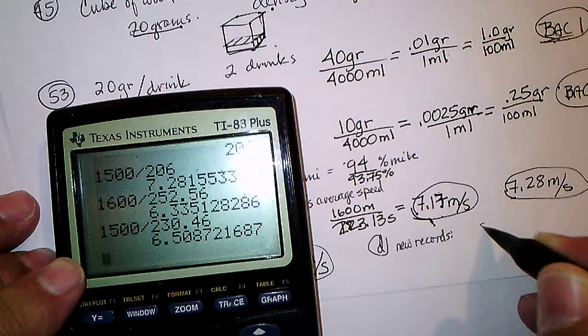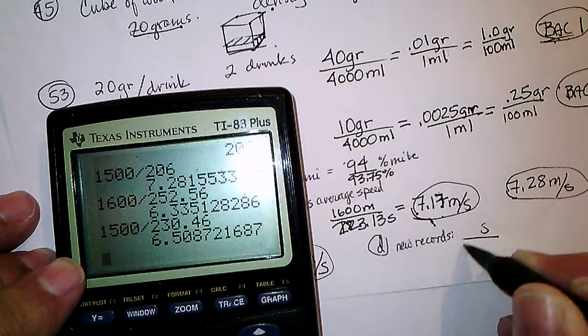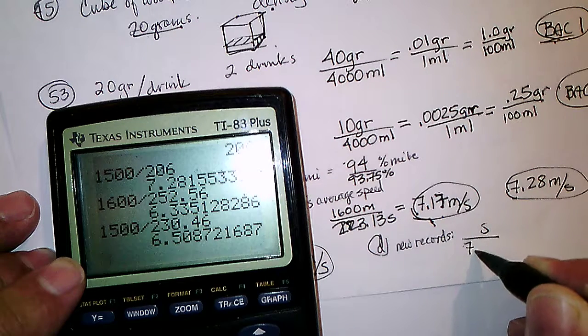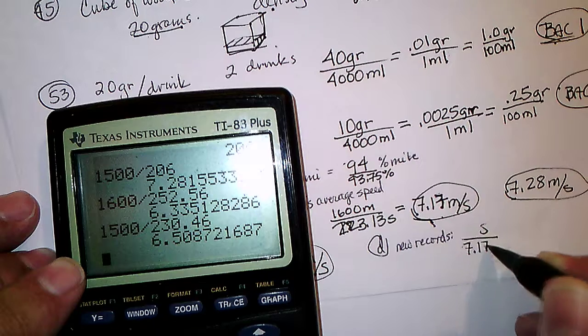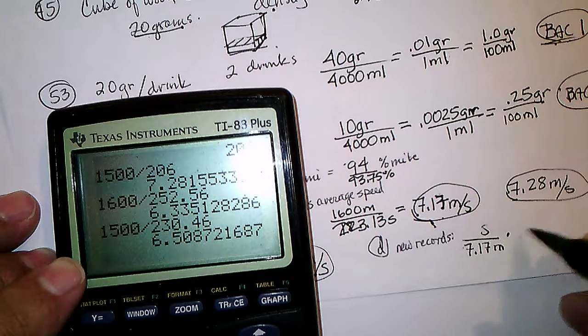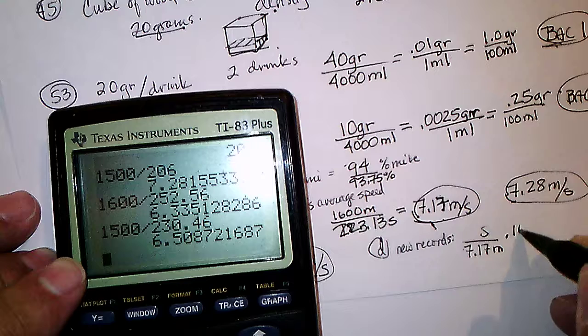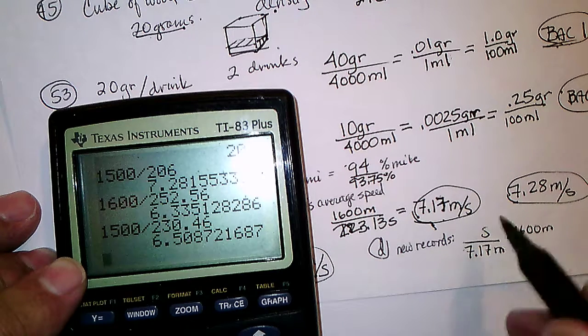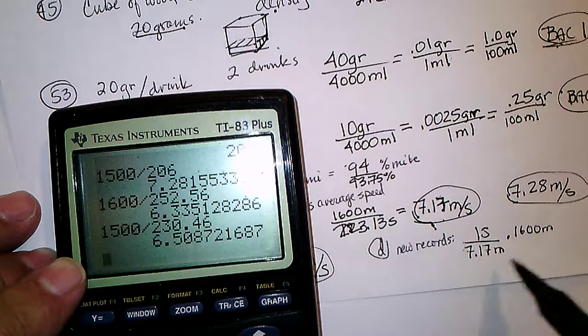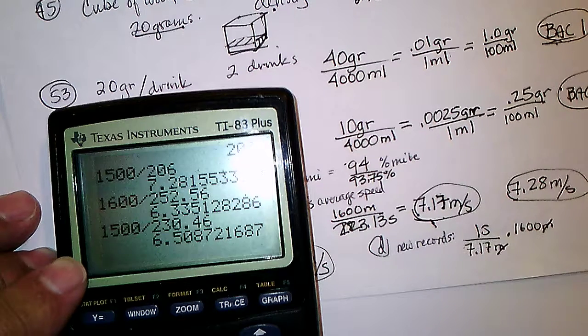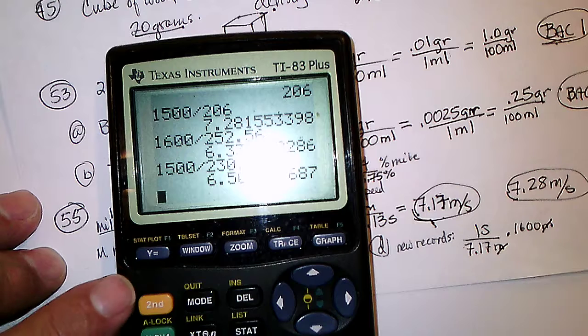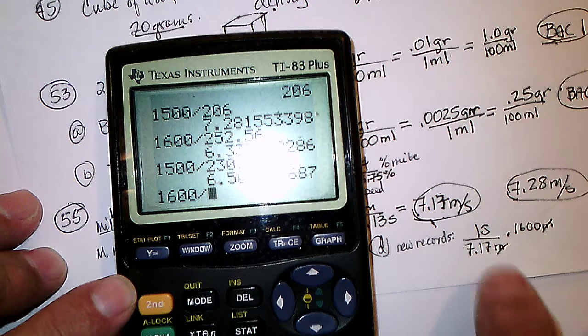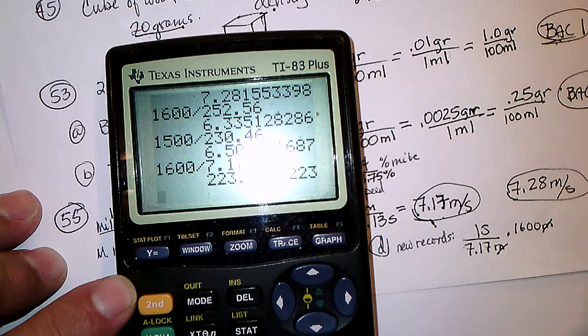So we'd put the seconds on the top, and 7.17 meters times a race length of 1,600 meters instead of 1,500 meters for the whole race. The meters would cancel, and we'd have 1,600 divided by 7.17, which turns out to be